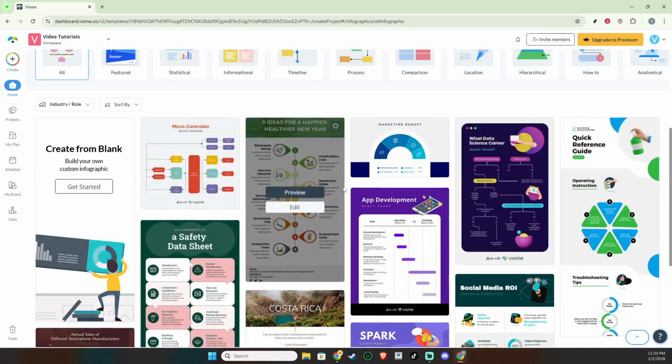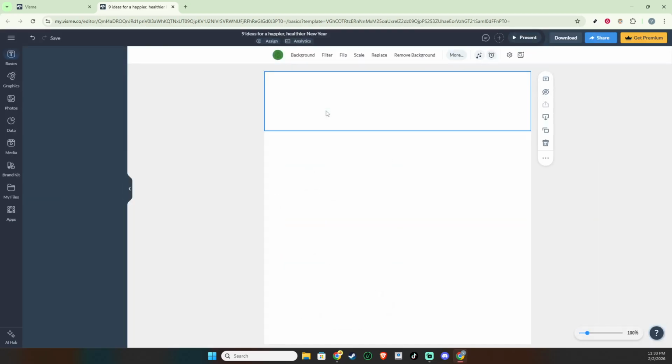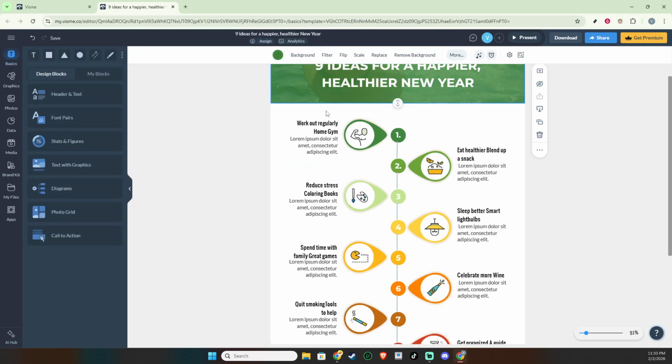Next, select the template you want. Think about the vibe of your blog and the length of your title. Some templates are better for short, punchy headlines, while others give you more room for subheads or a brief description. Choose something with a strong focal point and clear hierarchy. Once you pick it, open it in the editor and take a moment to familiarize yourself with the layers and